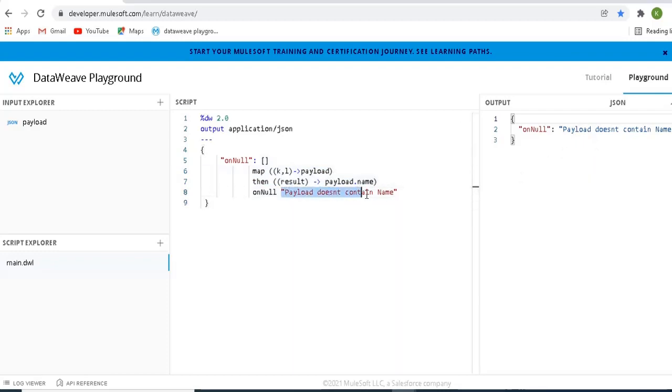It will show you the string which you have provided here. So on null means if any null expression is there, it will show you this output. Here I have given only payload does not contain name. Like this you can provide any default output or default message in case the previous expression is null. In these scenarios you can handle it by using the on null operator.